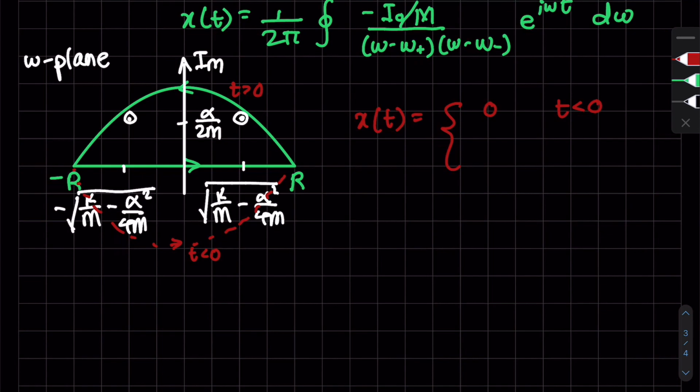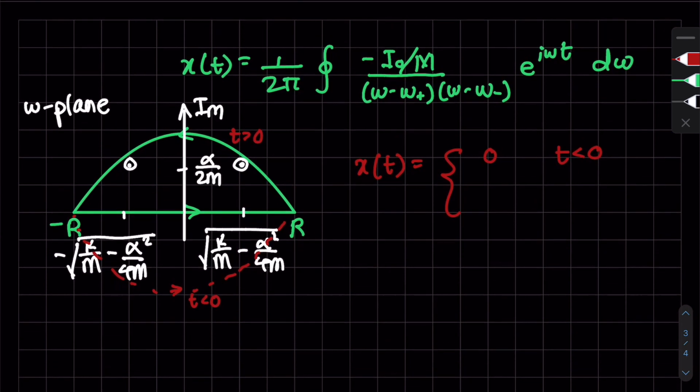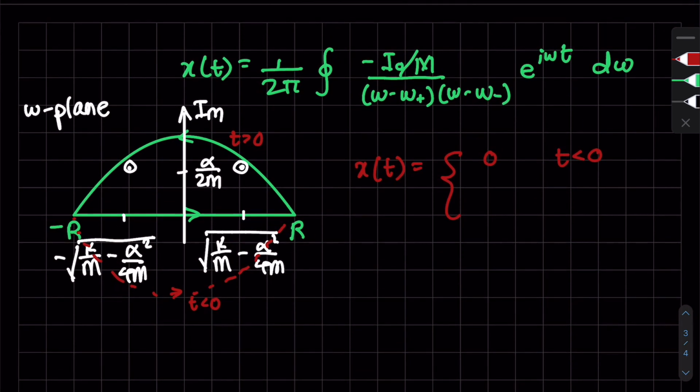So there are no poles down there, so that's going to be 0 for t less than 0. For t greater than 0, the top case, we have to evaluate two residues. So you have I naught over